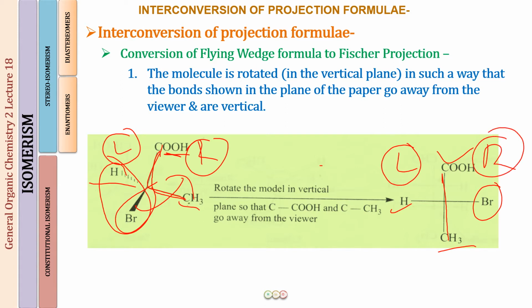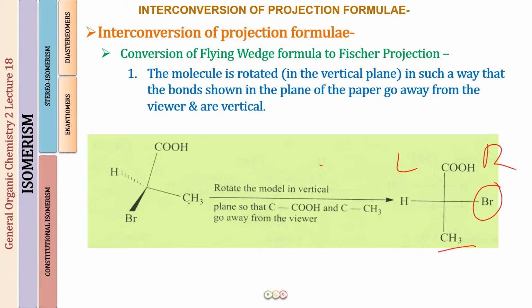Okay, and one very important thing, while you are making a conversion of any projection into the other projection, what you have to remember is that if the molecule is chiral, you have to maintain the configuration of the molecule. If the molecule is having an R configuration, let that be in R configuration for the Fischer also. Do not change the configuration. If it is an S, let that also be S. If you change the configuration, the whole projection becomes wrong.